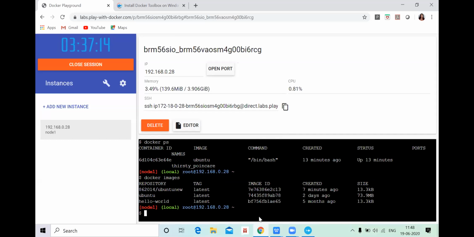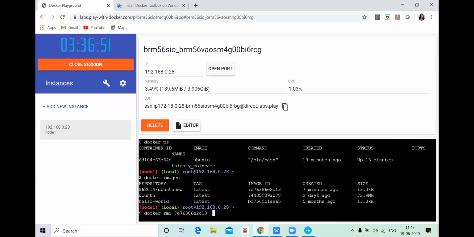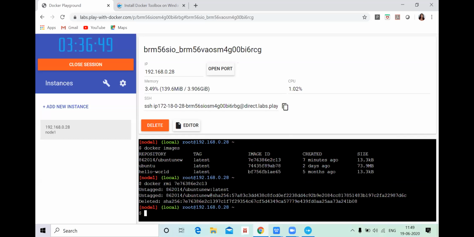You have to write docker images and check it out. With these image IDs, you have to write docker rmi, which will remove your images. Then copy and paste your image ID. We are copying this Ubuntu new, which was created by us, then paste it. Now you can see it has been deleted.